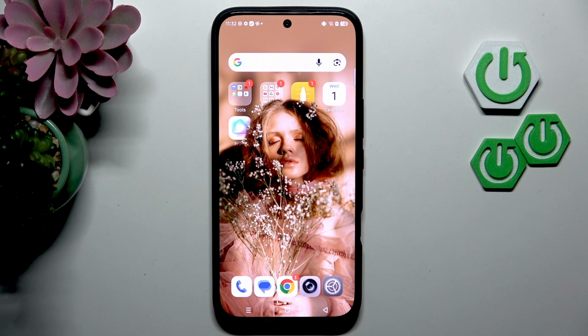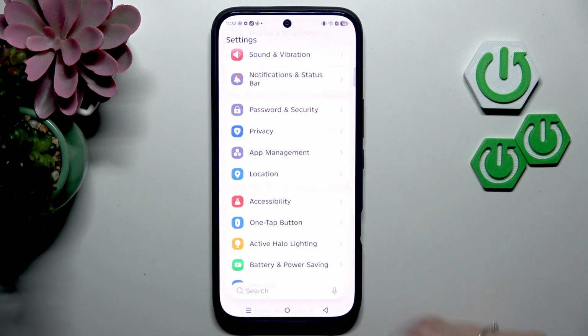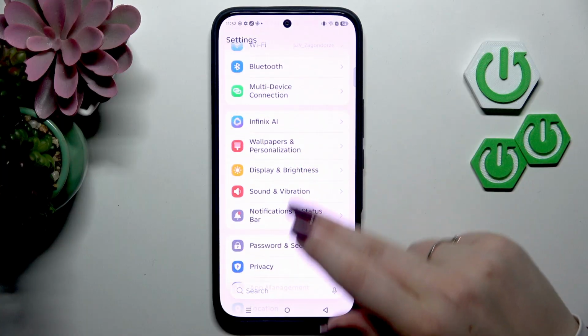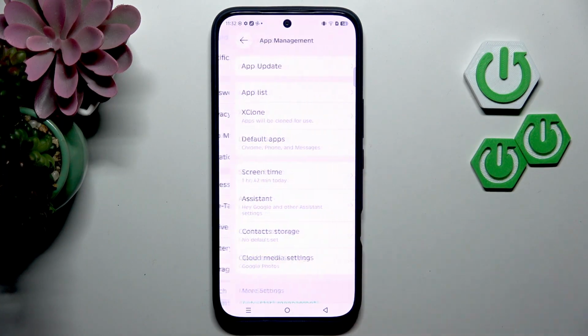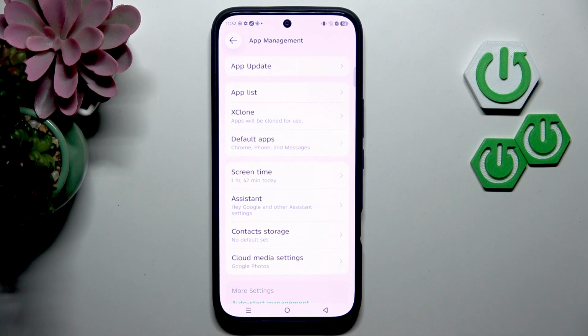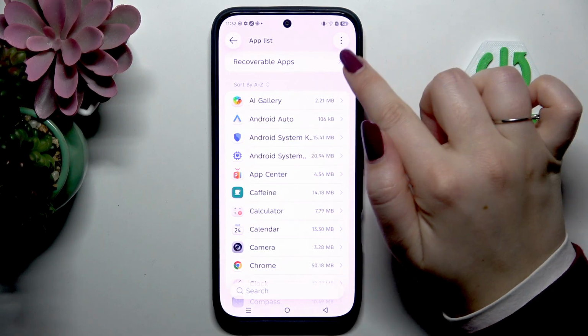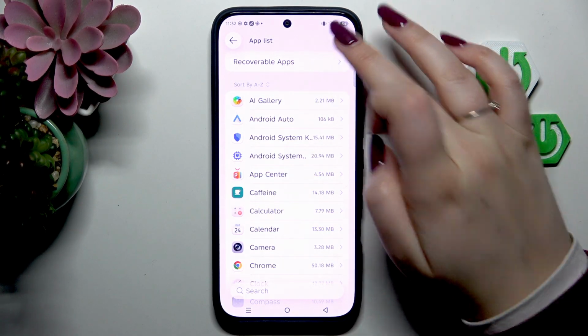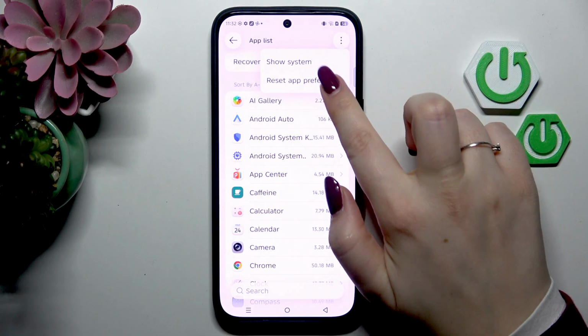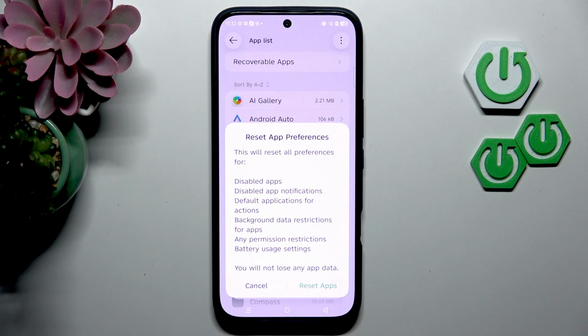So let's begin with opening the settings, and here we have to scroll down until we find the option App Management. Then let's tap on the second option, App List, and here tap on the three dots icon in the right upper corner. Now we have to tap on Reset App Preferences, and here your device is informing you